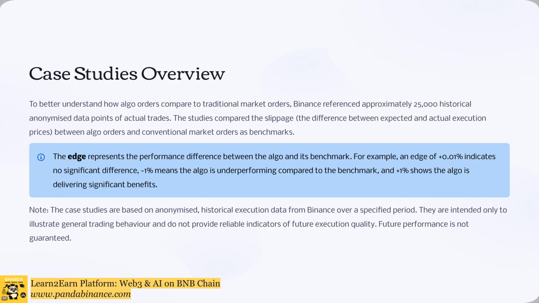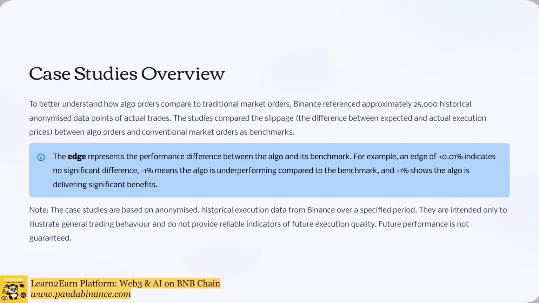Did you know that even small discrepancies in trade execution prices can significantly impact overall returns? This presentation explores how algorithmic orders can help manage these price variations known as slippage. We'll analyze 25 real trade data points from Binance, comparing algorithmic orders with traditional market orders to highlight their potential